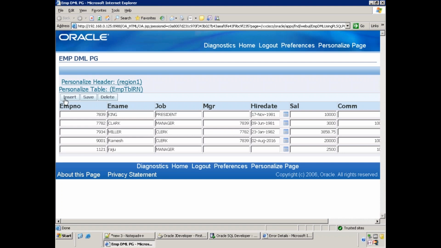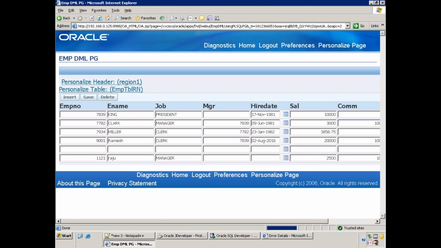Yeah, let's try again. Click on insert. Okay, got the difference now? Yes, sir. And it is inserting the row at some position. It is not finding out which position, but let us ignore that as of now. Now it is inserting a row in this particular VO and this particular table at some position.